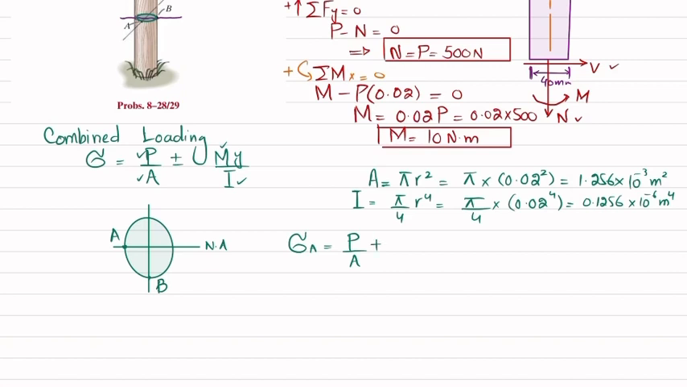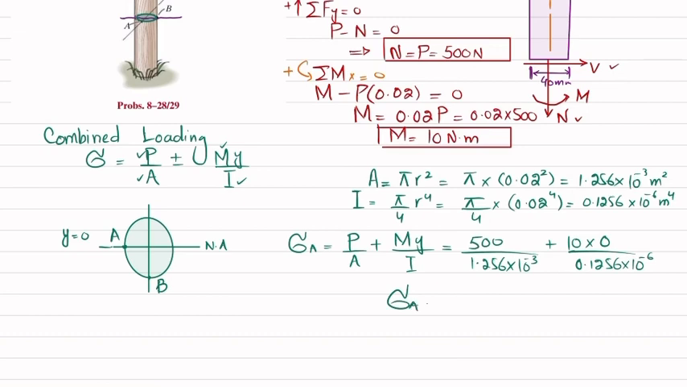If we take plus, so M into Y divided by I. So P is given as 500, area is 1.256 into 10 to the power minus 3, plus moment is 10, and Y, what is the Y? Distance from neutral axis till point A, so Y is equal to 0, divided by I, which is 0.1256 into 10 to the power minus 6. So from here you will get sigma A comes out to be 0.398